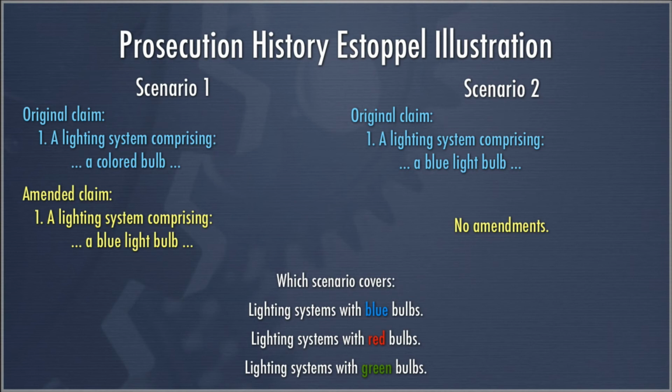How about lighting systems with red bulbs? Well, it obviously doesn't encompass literal infringement. So then the question is whether or not there is infringement under the Doctrine of Equivalents. And how do you deal with that? Well, you ask whether the red light bulb is equivalent to the blue light bulb element. Now, as we're going to find out in our next class, it's extremely unlikely